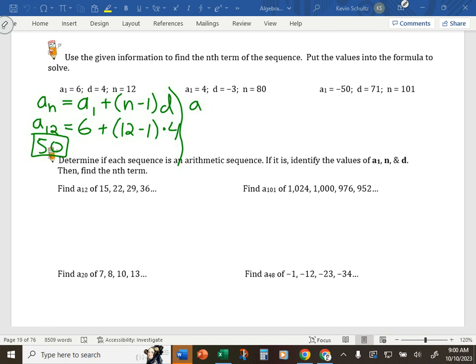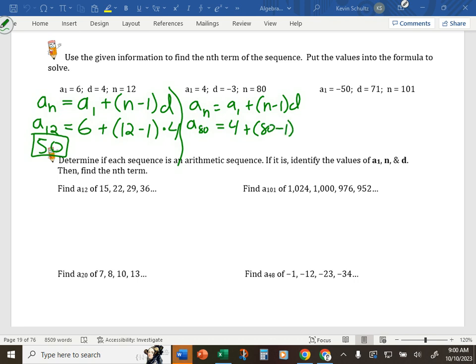AN equals A1 plus N minus 1 times D. In this case, AN is A80, because we're looking for the 80th term. That's our answer. The first term, A1, where it starts, is 4, plus 80 minus 1